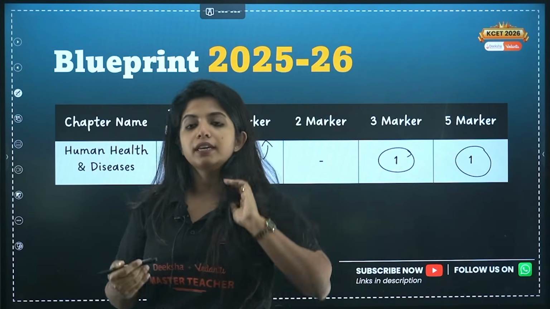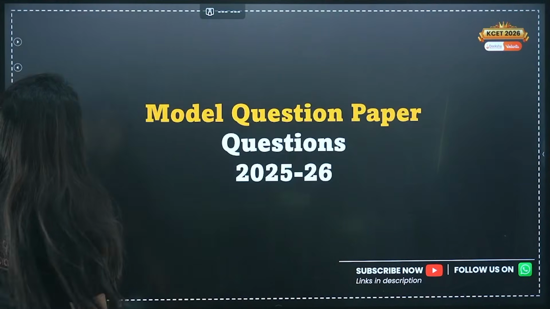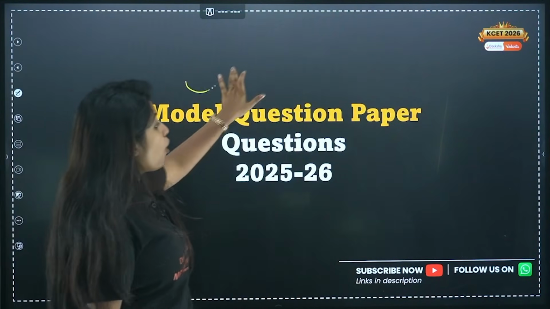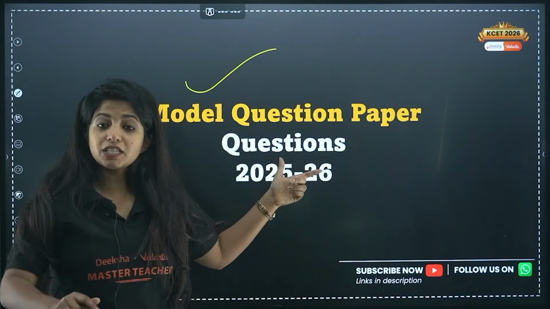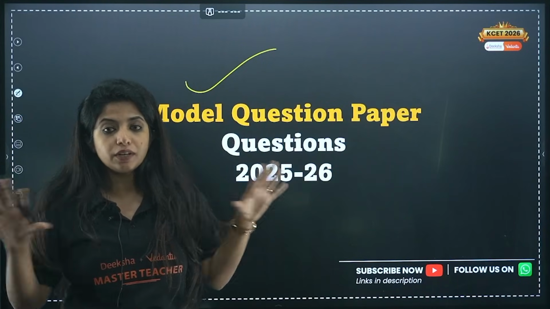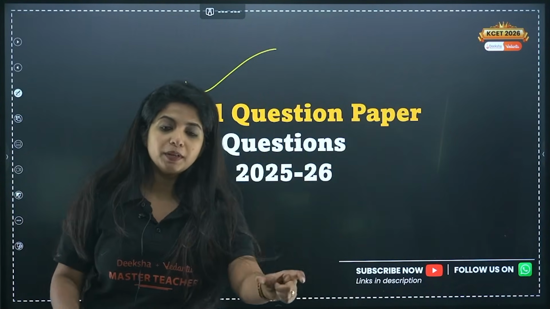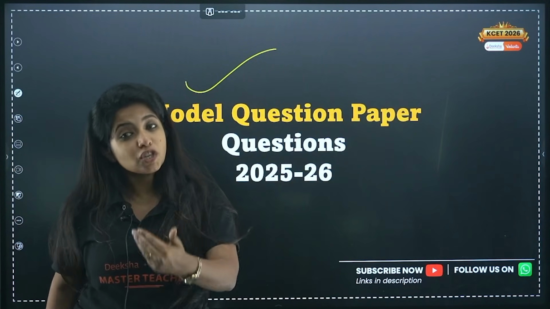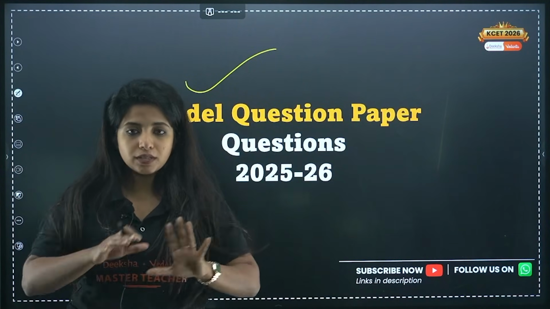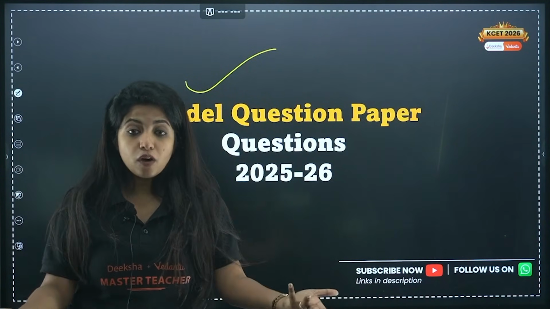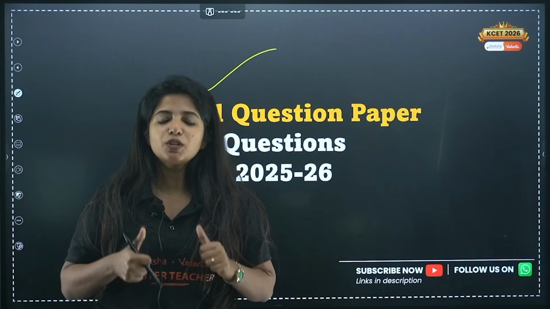So, over here, the first set of questions would be taken from the model question papers of this year, 2025-26, such that everything in the paper is covered. So first we'll solve MQP1, then MQP2, then MQP3, then we'll go ahead with the question bank questions, the previous year questions and things like that. Now it might seem long for you, but when we start studying, it is going to be fun.